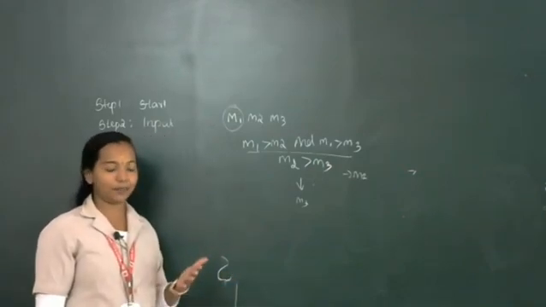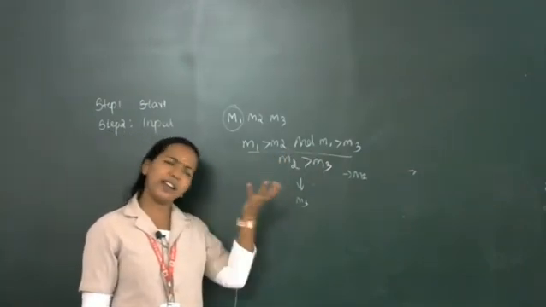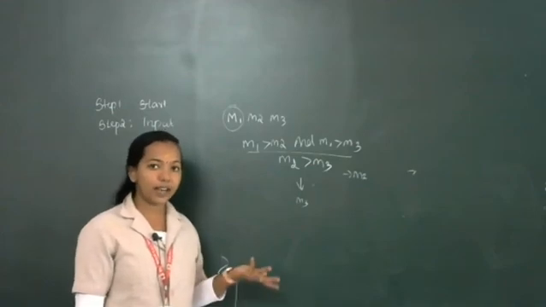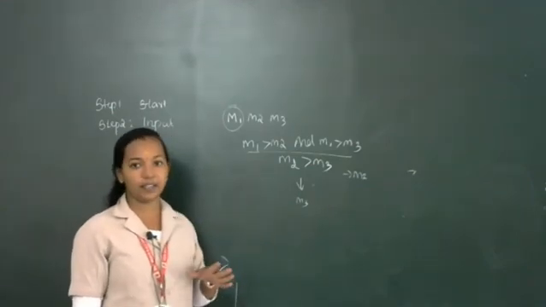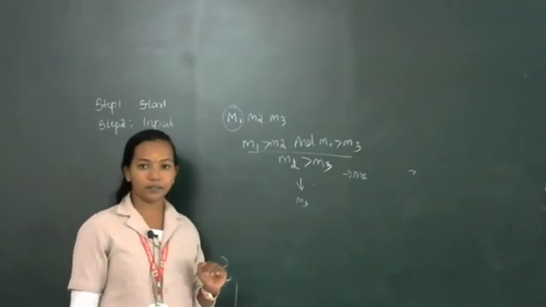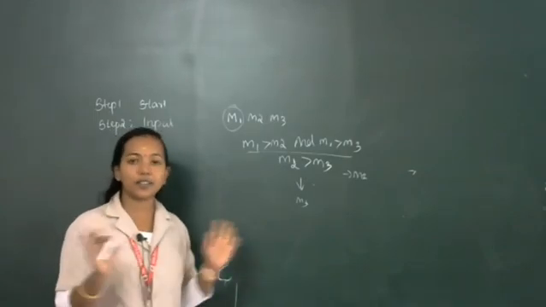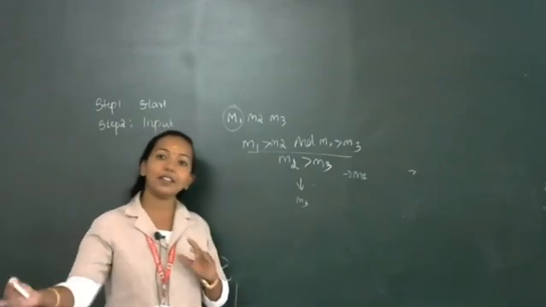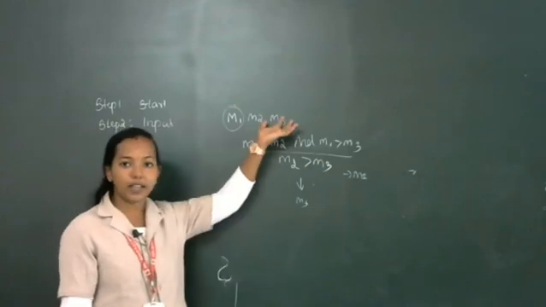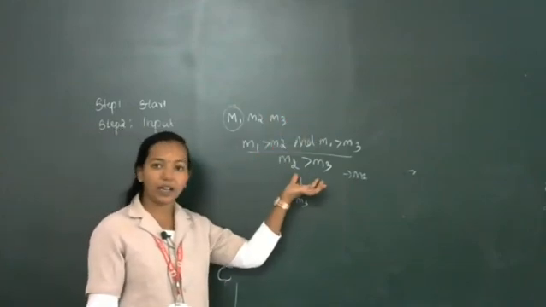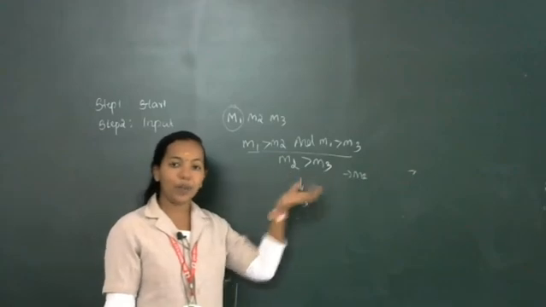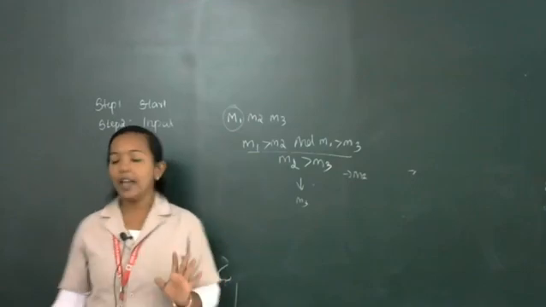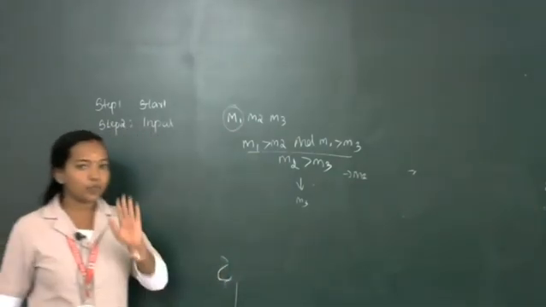If the condition is true, then definitely we can print M1 is greater than the other two numbers. Otherwise, M1 is smaller, so you don't want to consider M1 again because it is smaller than M2 and M3. So we are comparing the other two numbers, M2 and M3. Again we are comparing M2 greater than M3. If M2 is greater than M3, then the output is M2 is greater, otherwise M3 is greater. Clear? So this is the condition.